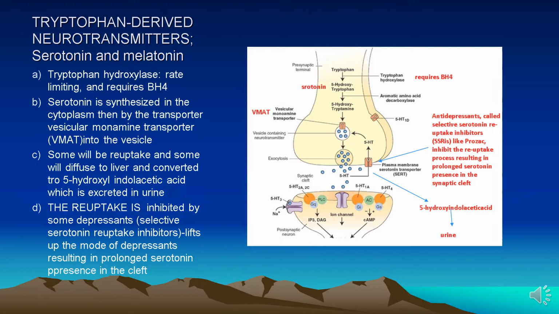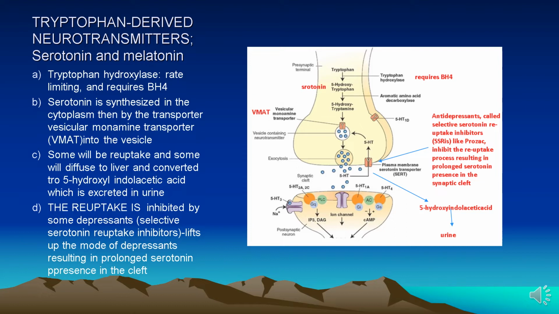Some will be reuptaken, and some will diffuse to the liver and be converted to 5-hydroxyindole acetic acid, which is excreted with urine, as you see on the right. The reuptake of serotonin to the presynaptic cell is inhibited by antidepressants, and those antidepressants are called selective